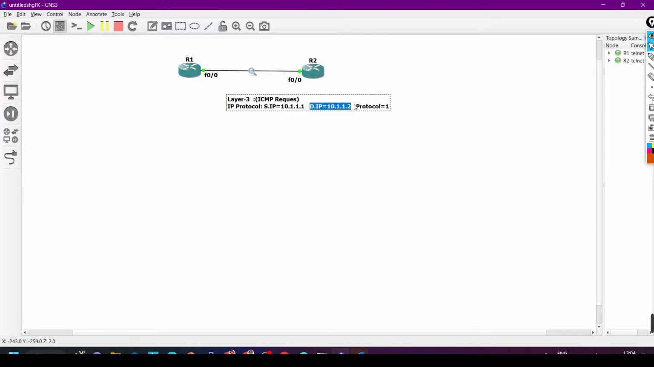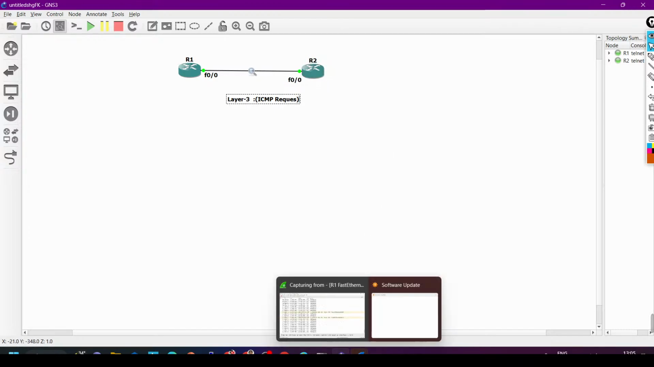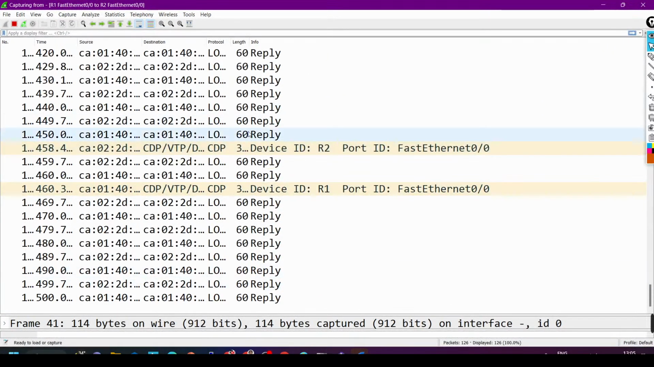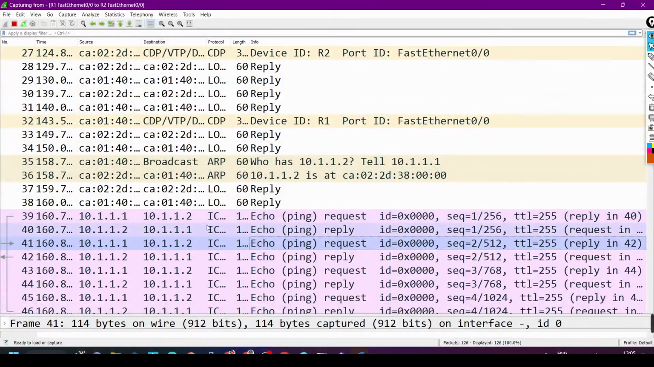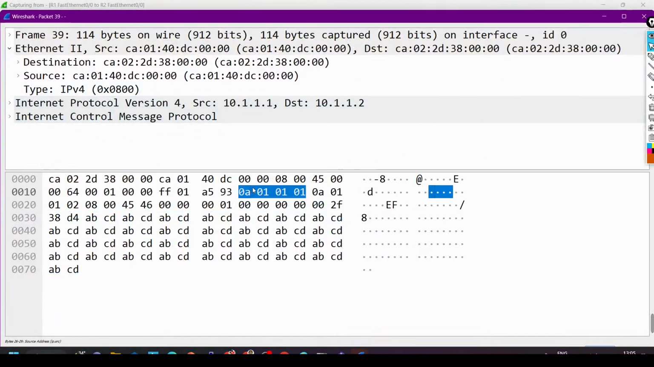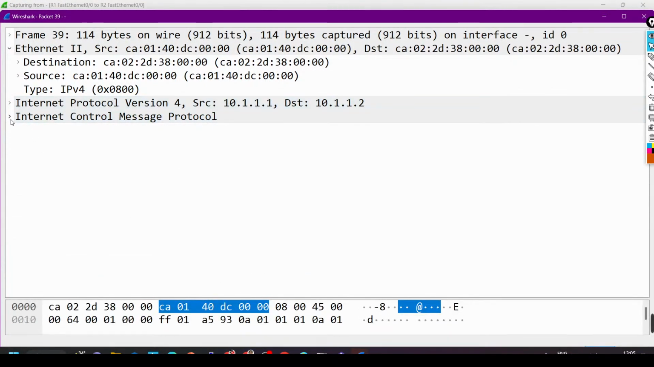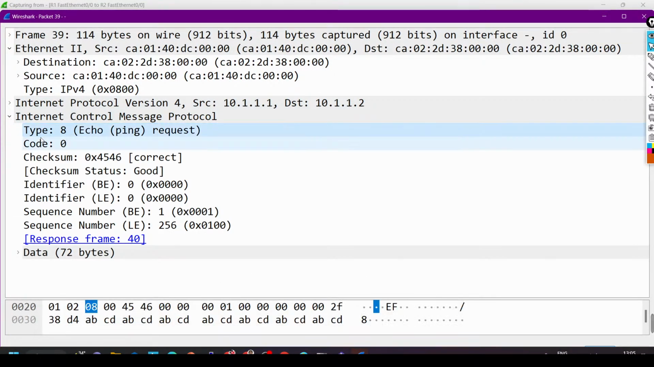Now let me check the protocol field. So protocol field value is what? 1. So IP protocol will directly hand over to ICMP protocol. And ICMP protocol will see, oh, I have received one ICMP request. So I have to generate what? Reply. So for ICMP request, there is one type. See, the type is what? 8. Whenever type is 8, that means it is a